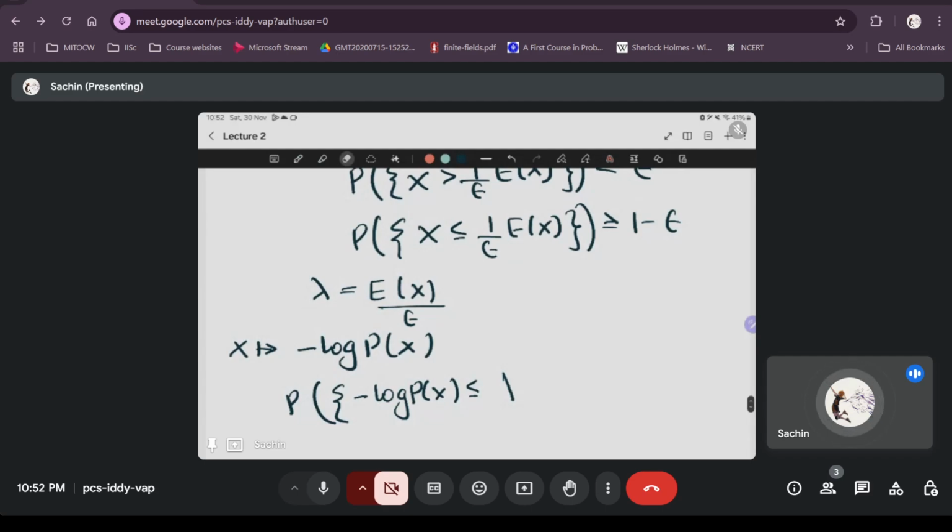So here what we got was by replacing lambda by